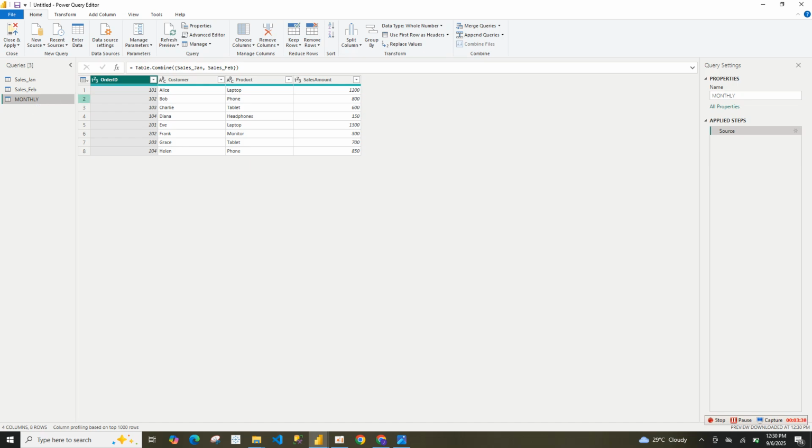Now you can see that a new query is created that combines rows from both tables. They have the same columns and different rows. So a new query is created, which I just renamed as monthly. If you have more than two tables, you can select three or more tables, as I have shown you. Best practice is to make sure your column names and data types match across tables before appending. Like I said, this is the